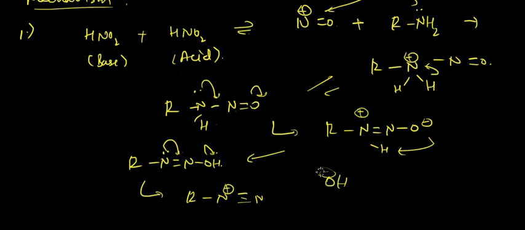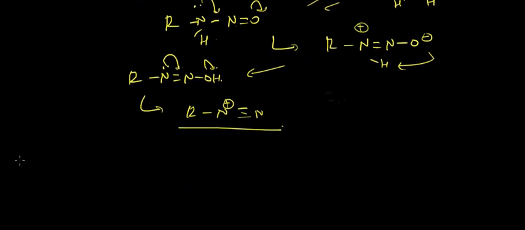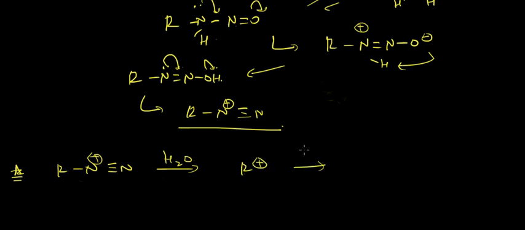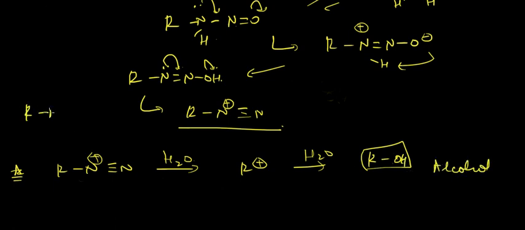So this is the final product we get after the diazotization of amine takes place. Okay, so now what we can do from this diazotized amine is we can react this N plus N double bond Cl with water. Okay, so what will happen is we'll get R plus, and then from water we will have RH. Or rather not RH, we'll be getting ROH. Hence alcohol would be getting formed from primary amine via diazotization. Okay,